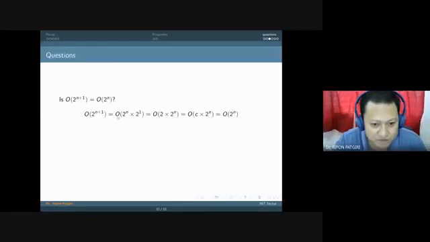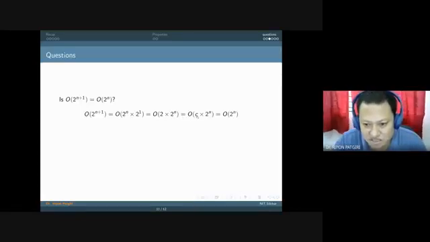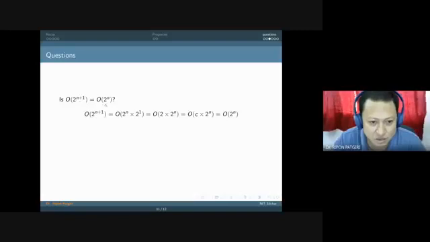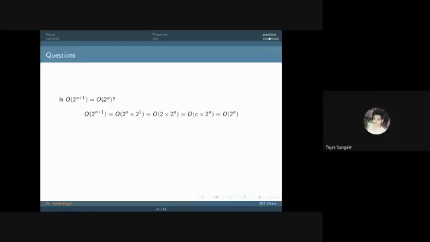How will you break up? Big O of 2 to the power n into 2 to the power 1. So big O of 2 to the power 1 is so what? 2 into 2 to the power n. Now equal to big O of c, c means constant, into 2 to the power n, equal to big O of 2 to the power n. That is equal. So we don't represent like this, 2 to the power n plus 1. We just represent big O of 2 to the power n. Am I clear? Do you have question here?